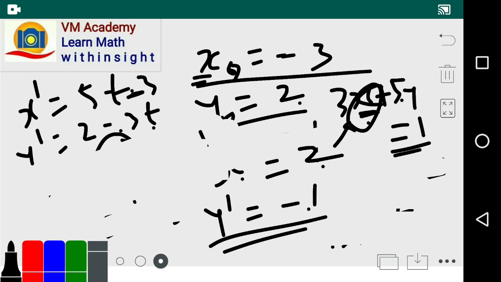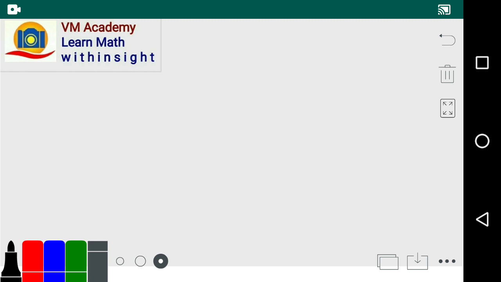In this manner friends, we can calculate the initial value, but this process is tedious and time consuming. So is there another approach? Yes friends, there is another approach, and we can easily calculate the initial solution by using Euclid's algorithm. So 3x plus 5y equal to 1. Now what we do, we express this bigger coefficient 5